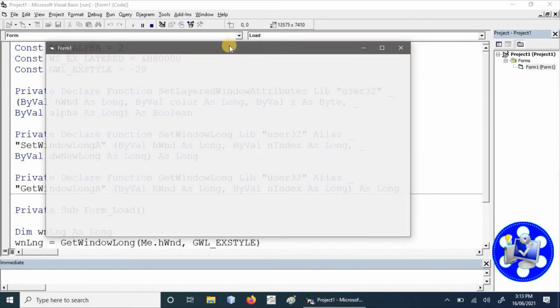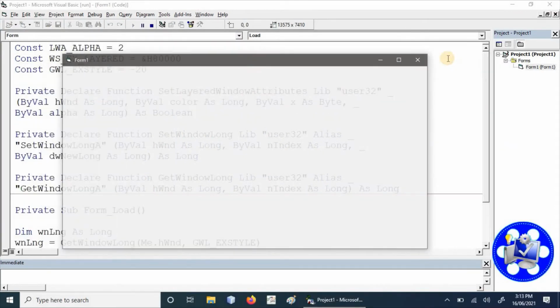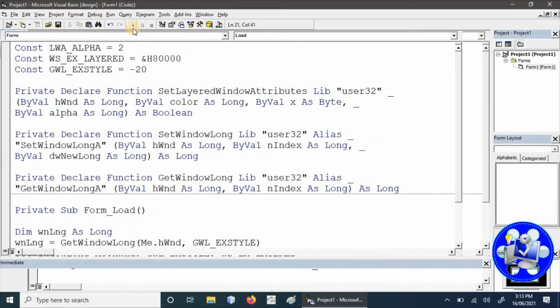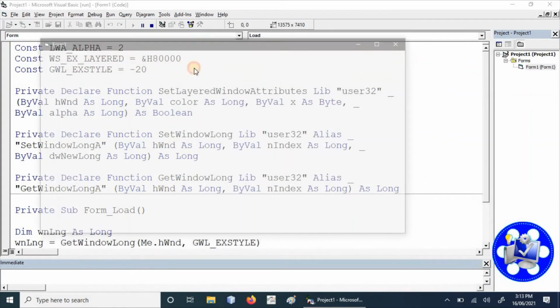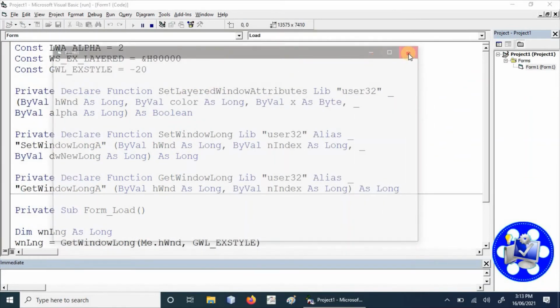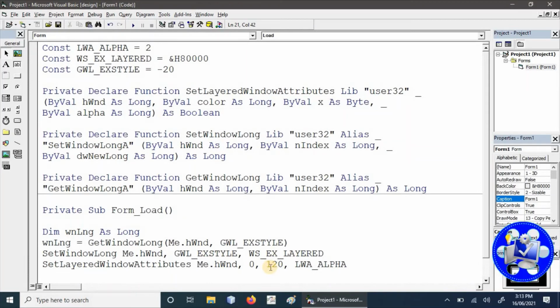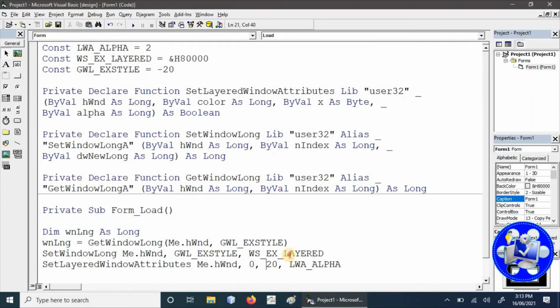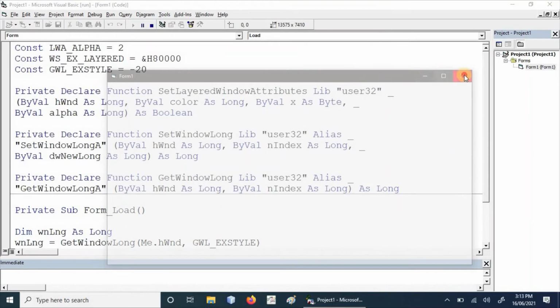So let's check our window. This window is getting transparent. We are going to change its transparency level. So we can see here this window is totally transparent. If we set the lower limit of 20, then we will not be able to see it except by focusing on it. You can see I am also moving the window, meaning it is existing. Okay, we are going to set it again as 120.